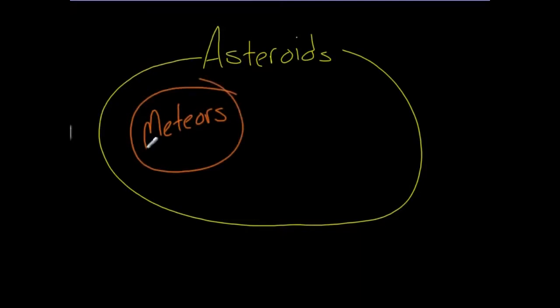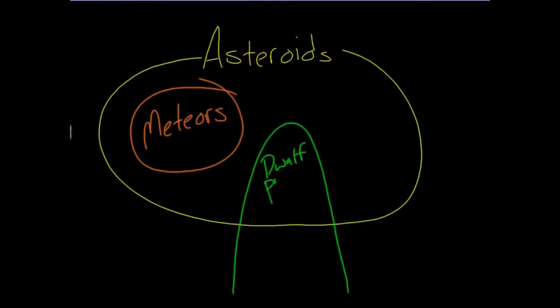And some of our dwarf planets. So we'd have some dwarf planets that would be considered asteroids. And anything else that's within around the orbit of Jupiter that might have been classified as other things. So we have some other stuff like various gas, dust, just stuff floating in space. Space is mainly empty, but when we do find matter in space, that matter tends to clump together and make objects.